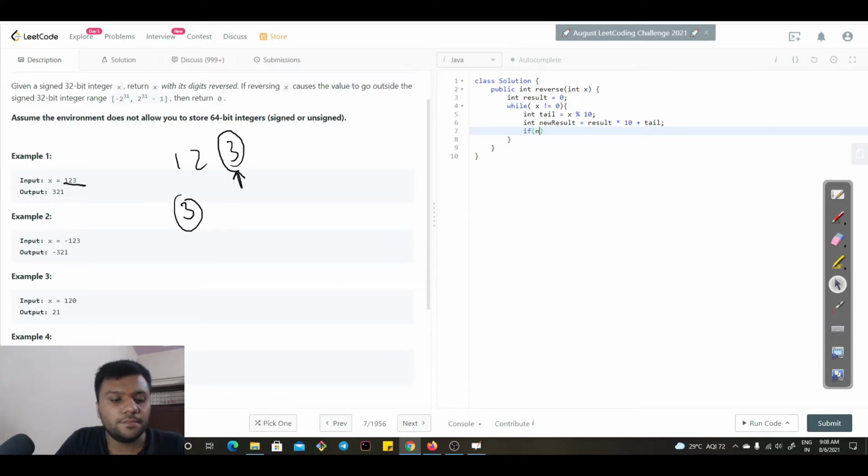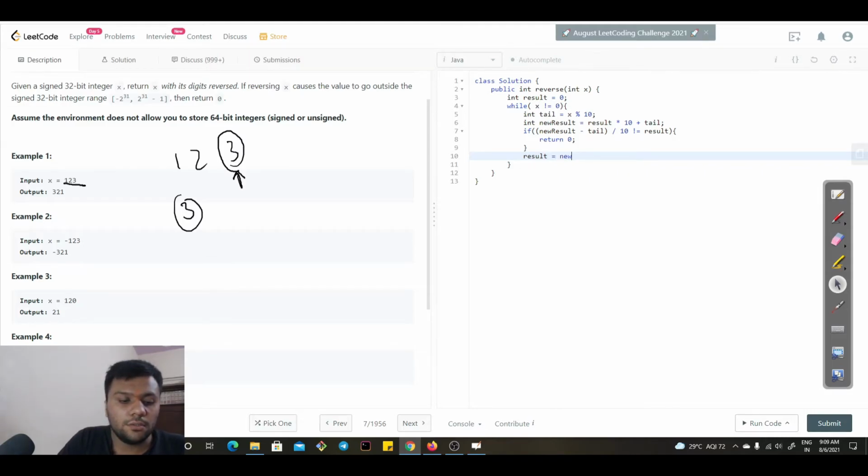Then if newResult minus tail, divided by 10, not equals result, then we will return 0. So simple. And in the end we will put the newResult value equals to result.